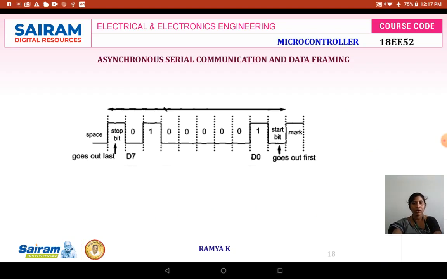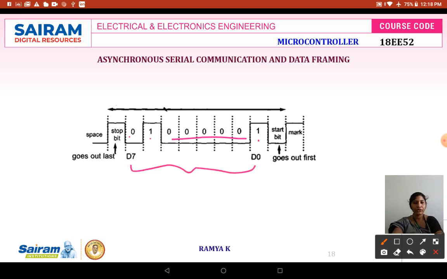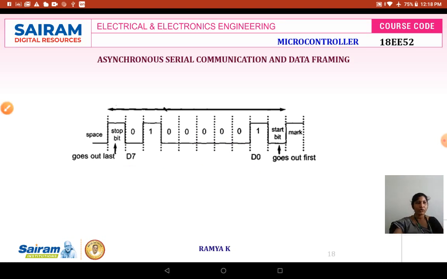According to that, the data frame is shown over here. You use a low pulse for the zeros, and the 1 is a high pulse. For framing this data, you use the start bit and stop bit, which are common for identification when transmitting and receiving your data.